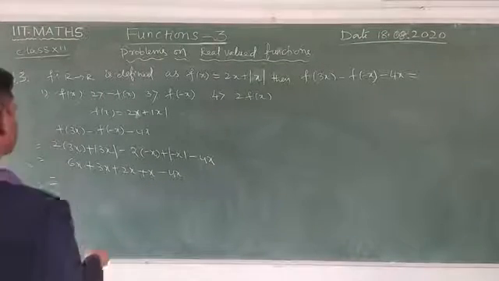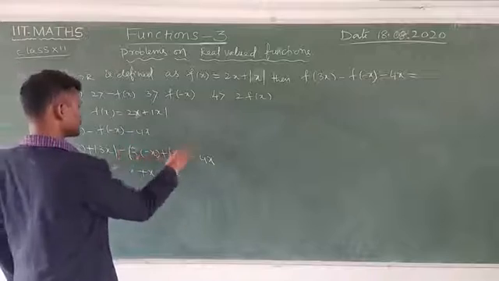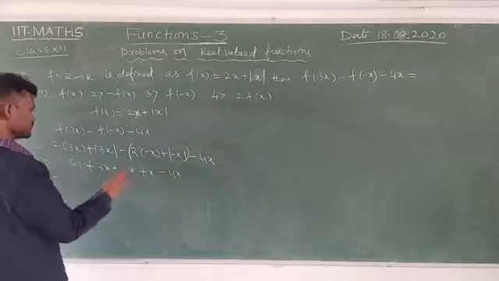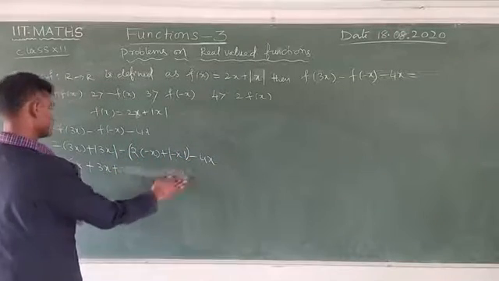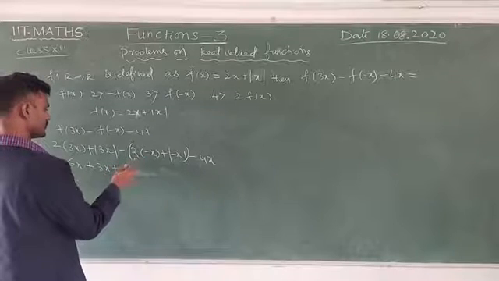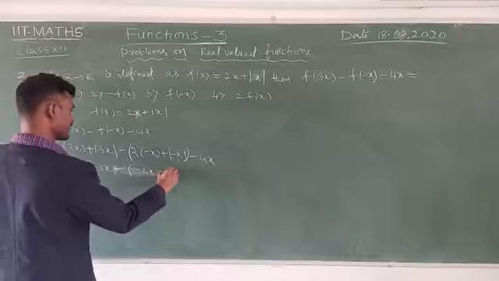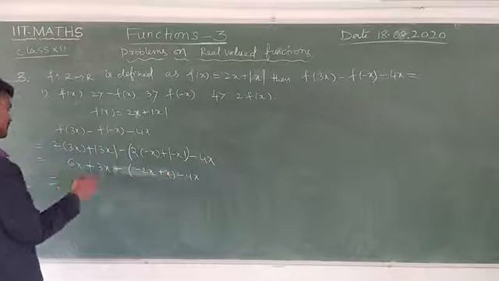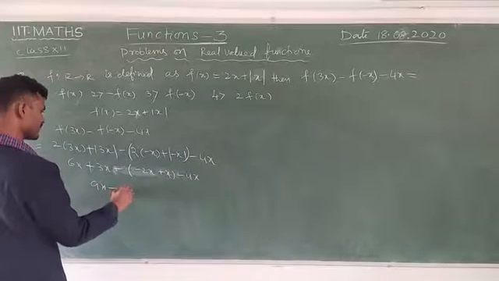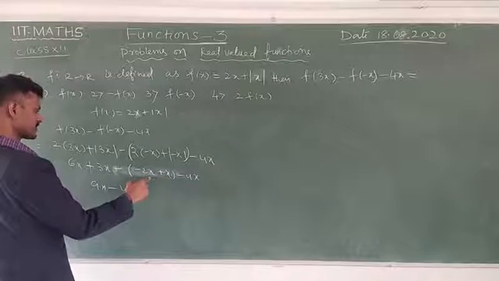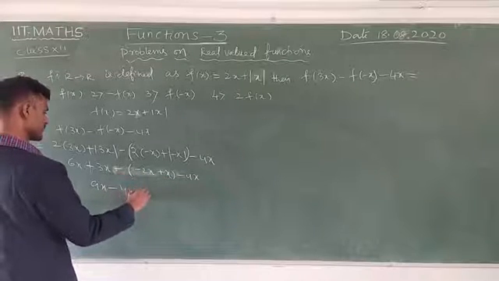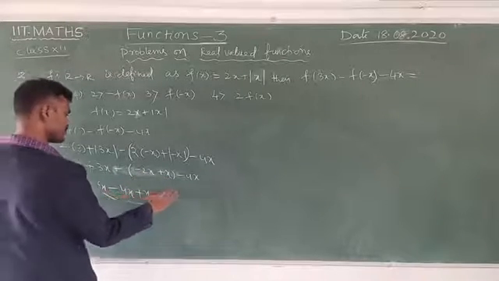Okay, now here we have to put the bracket. Why? Because this minus is common for these two. That's why minus, here 3x. Now this is minus of minus 2x plus x minus 4x. Now this is 9x minus 4x. Minus 2x plus x is equal to minus x, minus into minus is plus x. Now this is 10x minus 4x is equal to 6x.